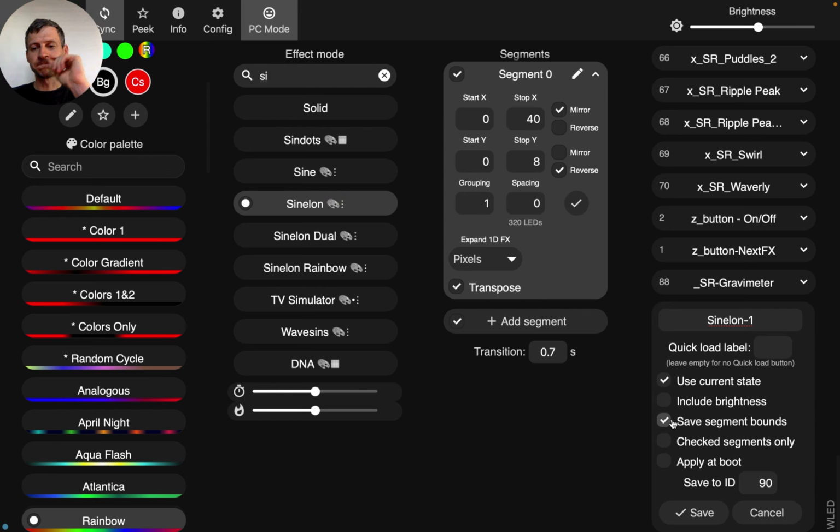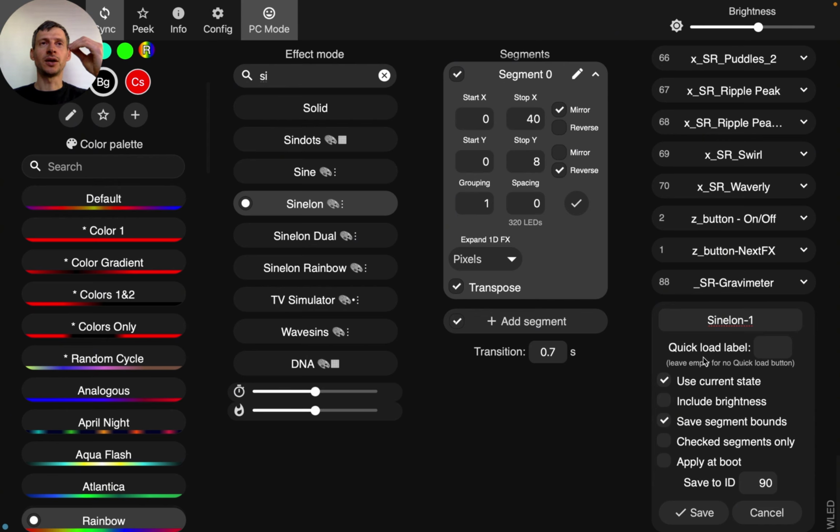Also, you need to have this checkbox, save segment bounds, checked if you applied all these settings and you want them to be saved. After that, you click on the save button,